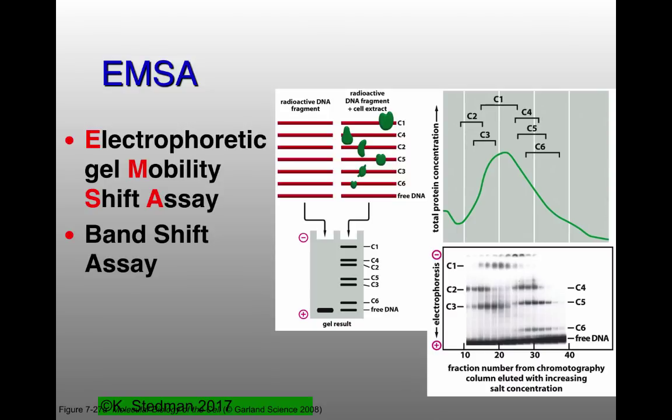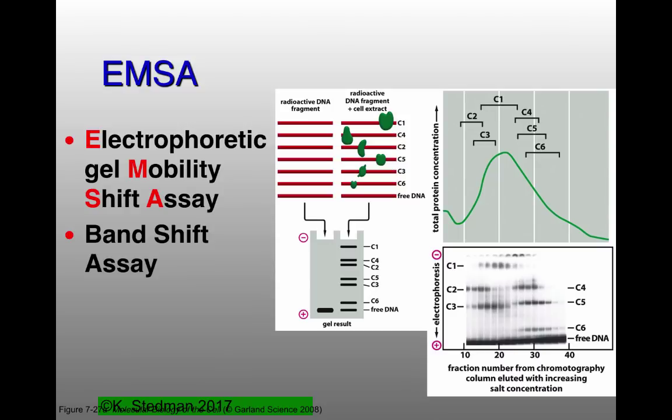So these electrophoretic mobility shift assays are literally looking for a protein that's binding to a sequence of DNA. So you have a particular sequence of DNA. You are trying to find a protein that's associated with that particular sequence of DNA. How do you know that it's associated with that sequence of DNA? You do DNA gel electrophoresis. Another reason I'd like to talk more about gel electrophoresis earlier on in the course. That DNA gel electrophoresis is separating DNA. If there's a protein that's associated with that DNA, it's going to be larger. So it's not going to go through the gel as quickly.